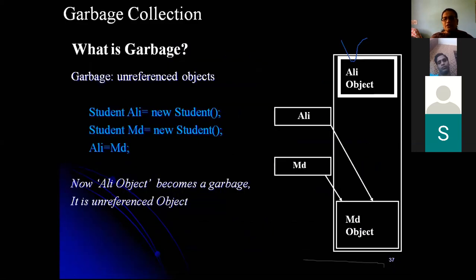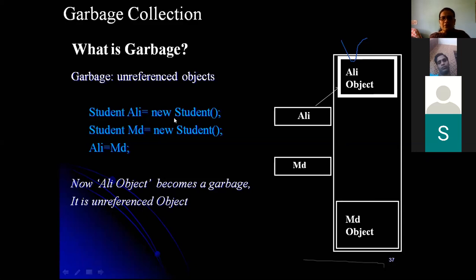When an object gets deallocated, it is an unreferenced object, I mean the object is not referred to anywhere. In that case, the garbage collection concept is applied. What is actually garbage? Garbage is an unreferenced object. An object may be assigned to another object, or an object may be assigned to null, I mean the object is not allocated any memory. For those two cases, garbage collection will be applied.